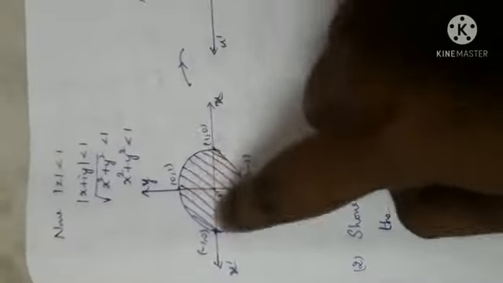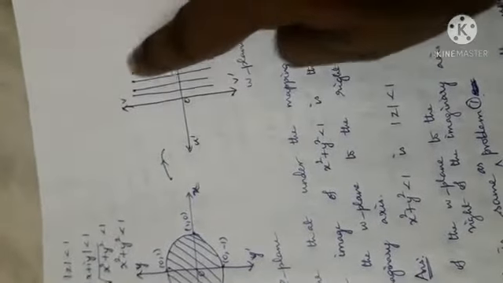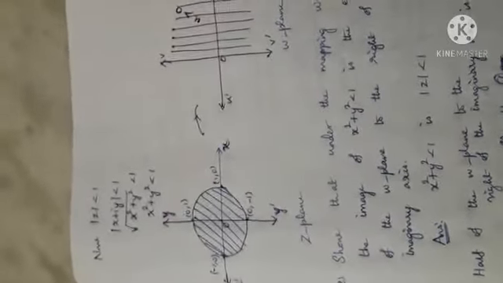Let us draw the region. x square plus y square less than 1 is the interior of the circle. The center of the circle is 0, 0. The radius of the circle is 1. Which transforms to u greater than 0. This is u greater than 0, this is u less than 0. This is the u axis, u positive, u negative. u greater than 0 is throughout this half plane, right? Throughout this half plane, u is positive. Okay? Which completes this problem.